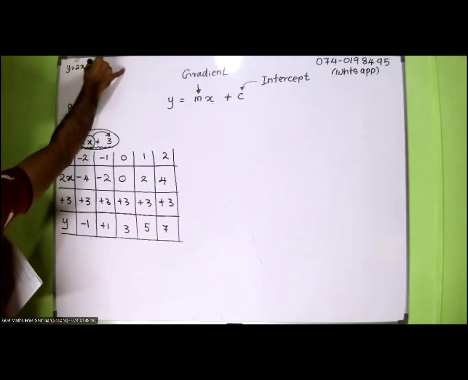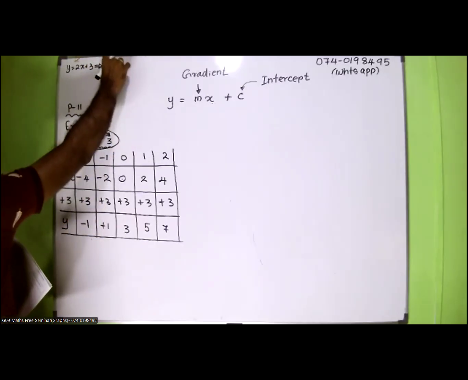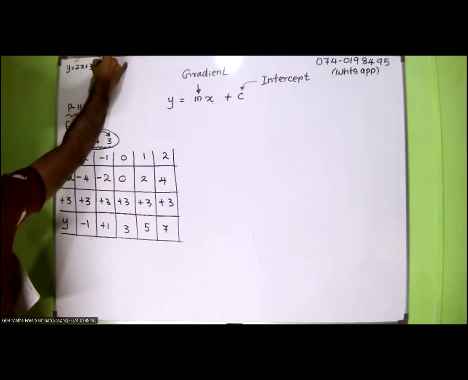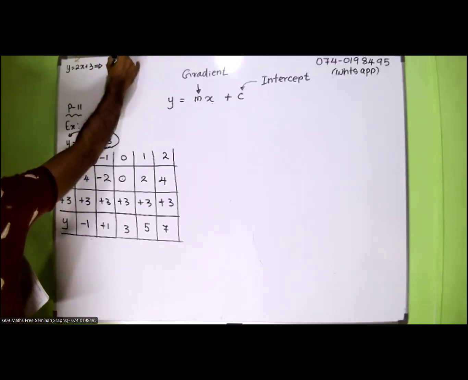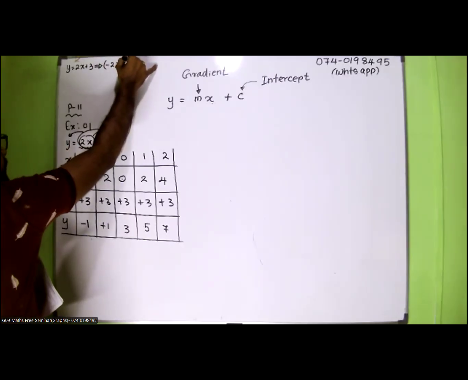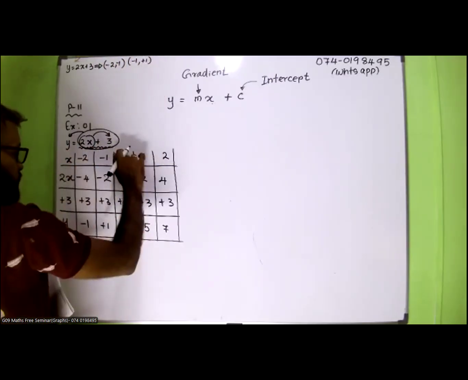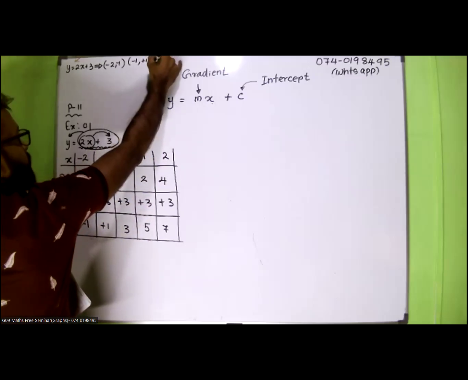If I want to draw this, the first point is minus 2, minus 1. Then the second point is minus 1, positive 1. Then 0 comma 3, next point